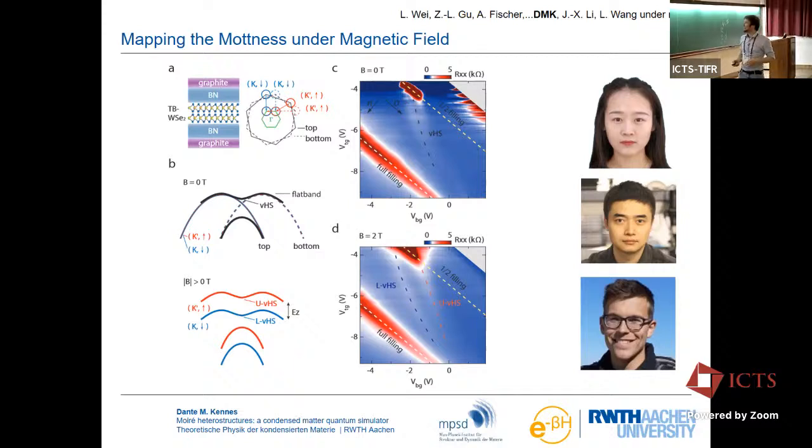Yeah? And then what you can study is the competition. Now you have kind of frozen out the kinetic energy scales, and now you can ask, can I study the competition between magnetic energy scales gapping out the system and Mott energy scales gapping out the system, sorry.